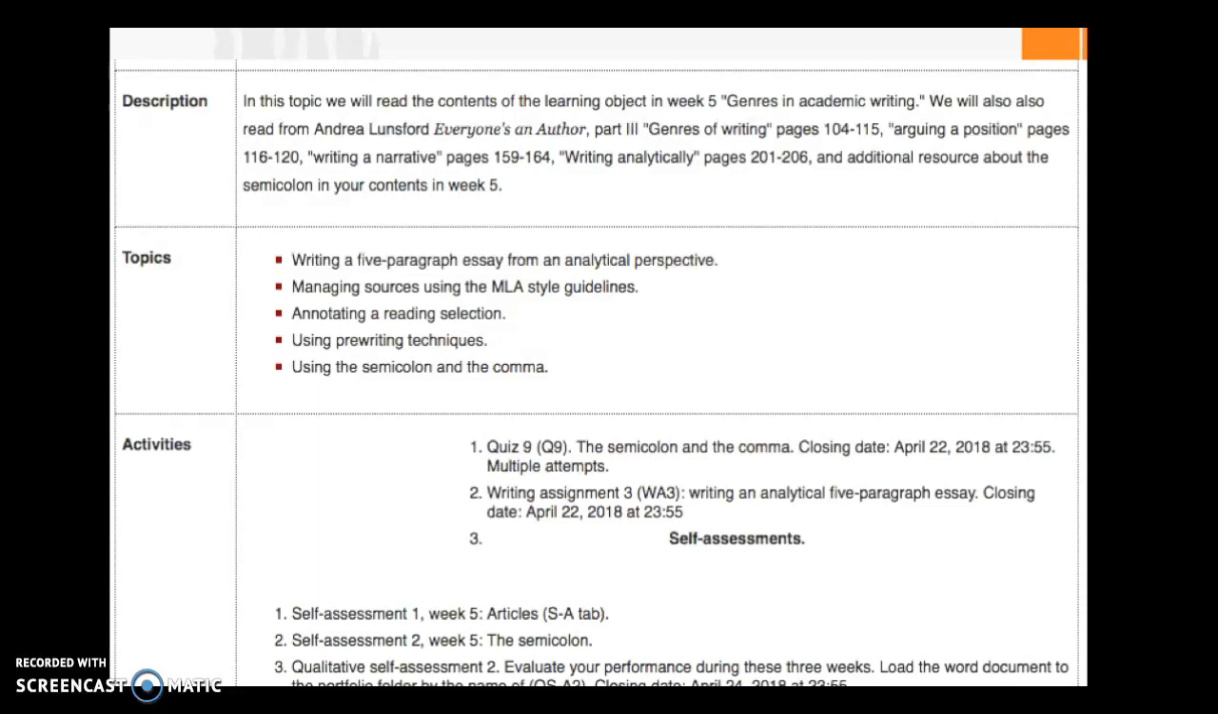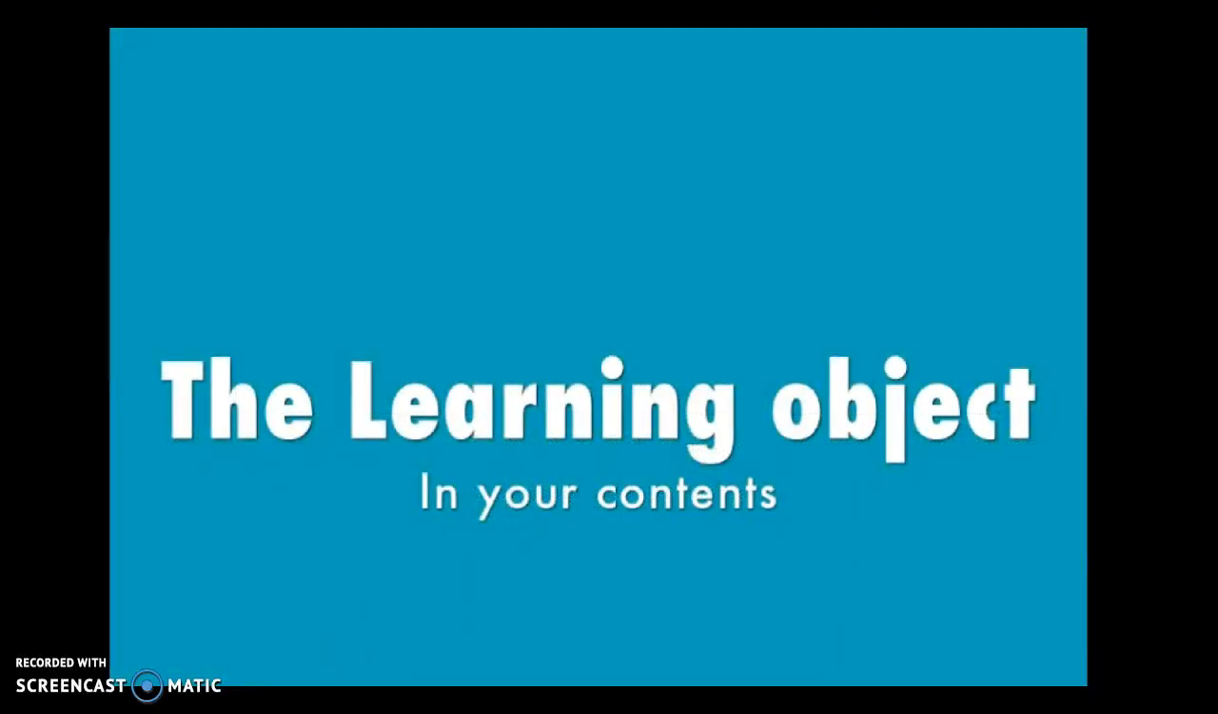But the main target of our unit now is genres in general and the analytical genre in particular. So after reading and understanding the planner, you need to move forward and read the learning object. I'm encouraging you to read the learning object as early as you can in the week,